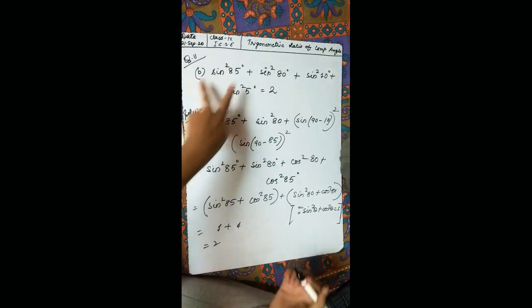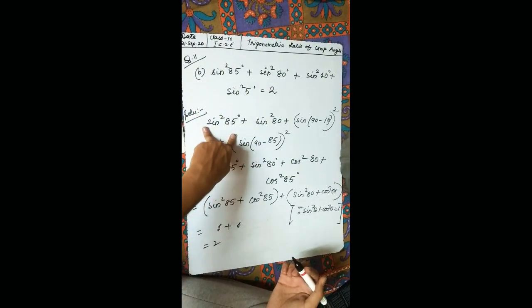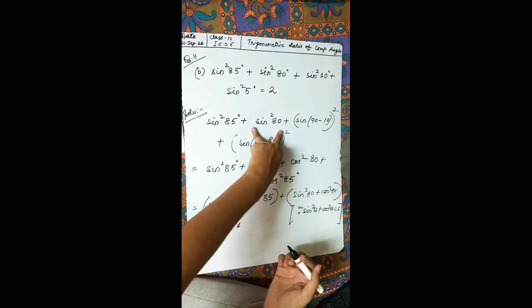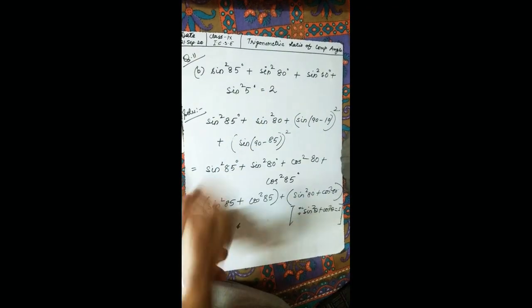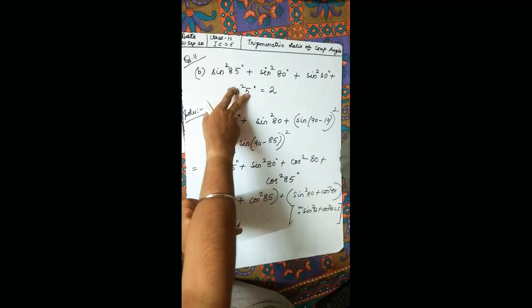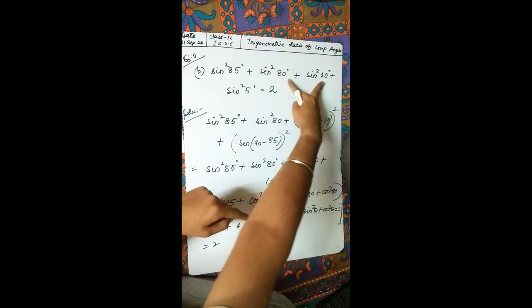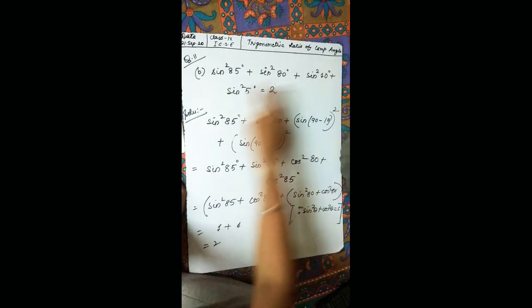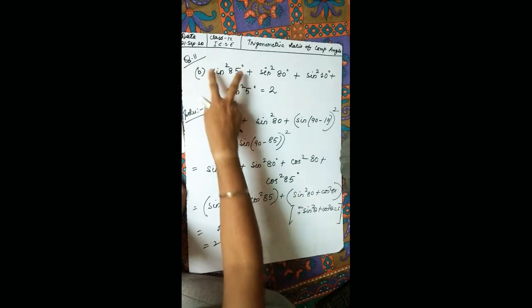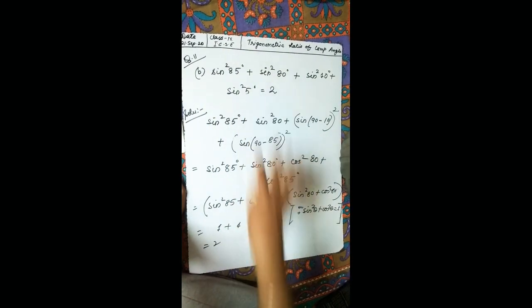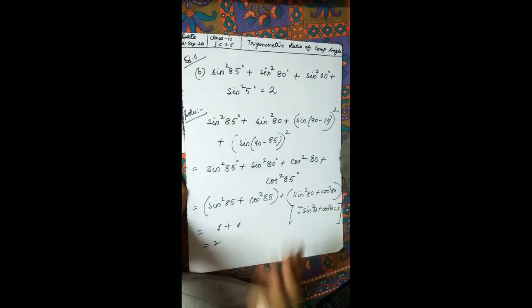Okay, so sin square 85 I'm keeping as it is. This sin square 80 also as it is. I told you, just see the relation: 85 and 80, that means they both are related. 85 plus 80 will give you 90 degrees, so they both are related. And 80 plus 10, they both are related. So we are trying to change this one and this one. You can change these two also, no problem. With these two also you can change and solve. You will get the correct answer.